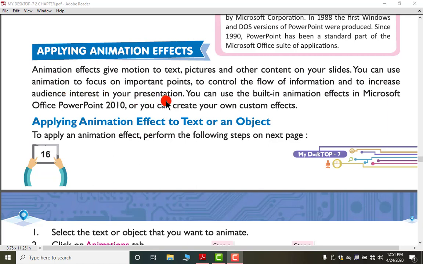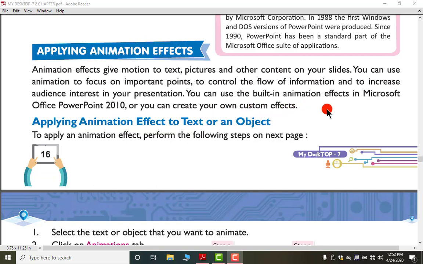You can create animations according to your need so that the audience can watch it properly. You can use the built-in animation effects in Microsoft Office PowerPoint 2010, or you can create your own custom effects. First we will talk about the built-in animation effects, then the custom effects.